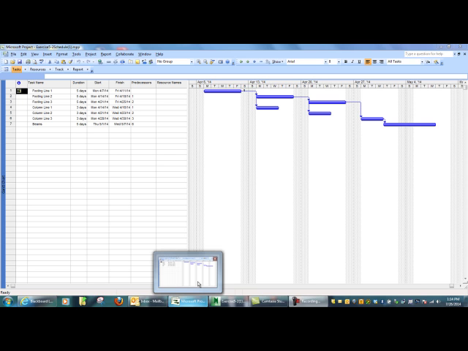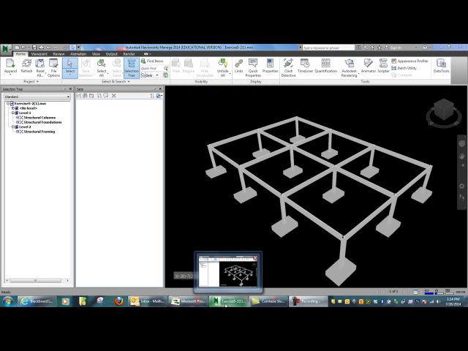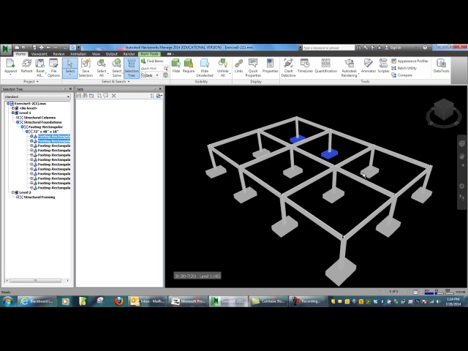It looks something like this. When you're given the Exercise 5.2 Navisworks file, it looks like this. What we have to do is, again, develop footing lines 1, 2, and 3. So again, there's several ways you can do this. I'll click and highlight them there, choose Save Selection, and say footing line 1, and then I'll do this again,